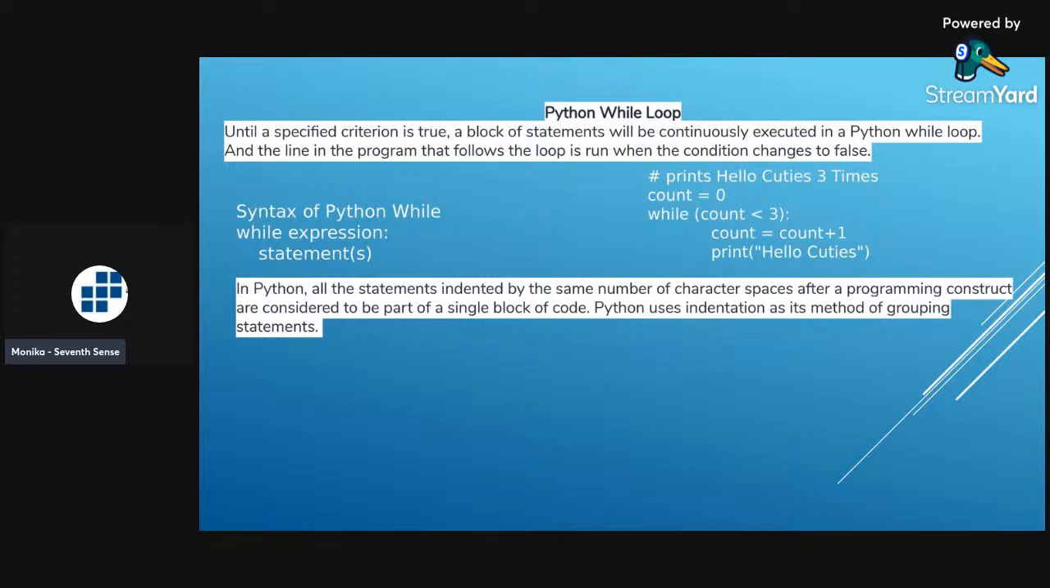Okay, what is this while loop? Until the specific criteria is true, the statement will keep on executing. Here, in the example, we have to print hello cutie 3 times. And what is the count I am giving there? Count is equal to 0. While count is